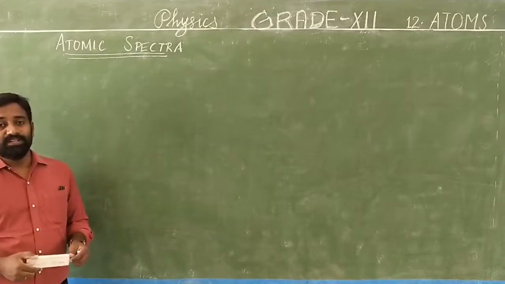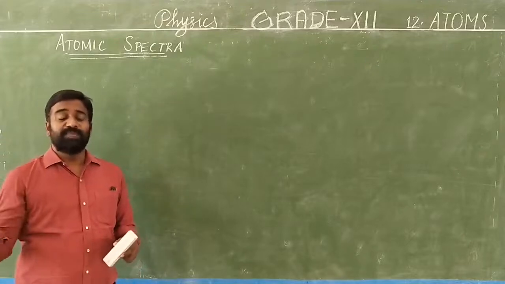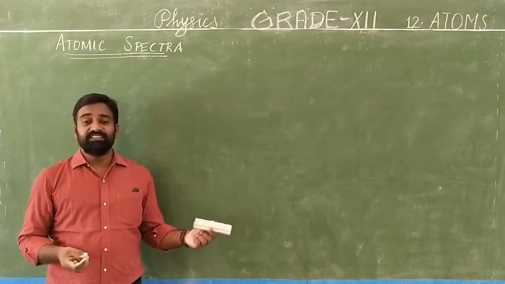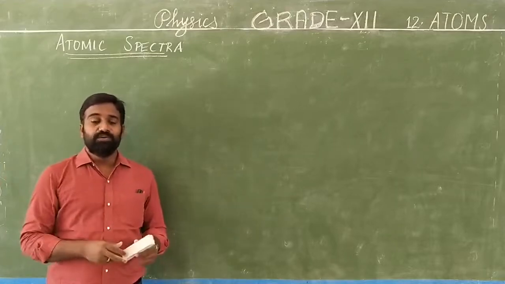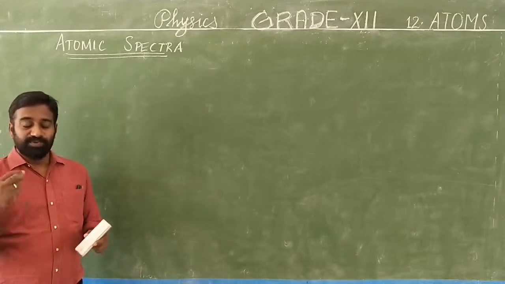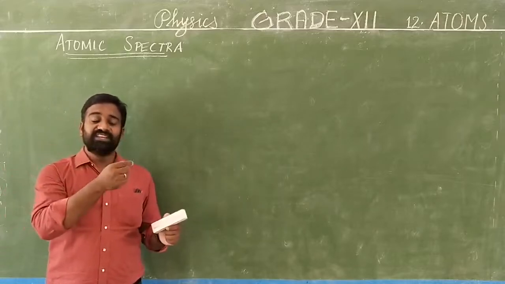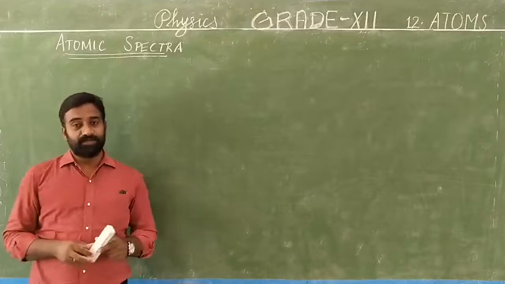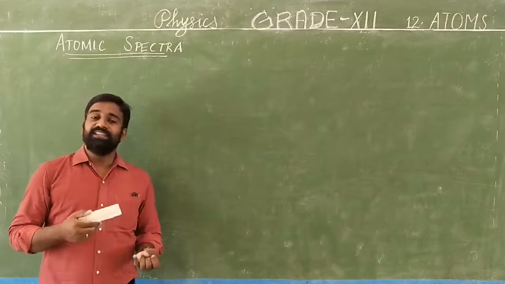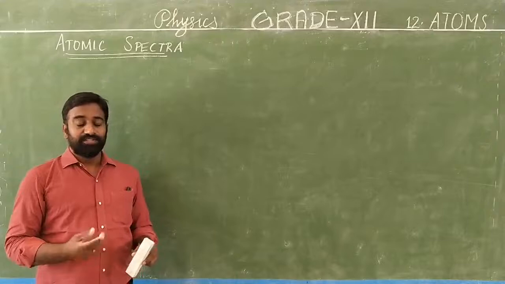And from the second example, we have seen the gold foil experiment. From the gold foil experiment, 7.7 mega electron volt of energy is used to produce alpha particles. These alpha particles are used to strike the gold foil. So what is the distance of closest approach? Before the alpha particle touches the surface of the gold nucleus, how much distance is left to reverse its path? That is the distance of closest approach. And for the third example, we have determined the radius and the velocity of an orbital electron in a hydrogen atom. Okay, so the three examples are over.